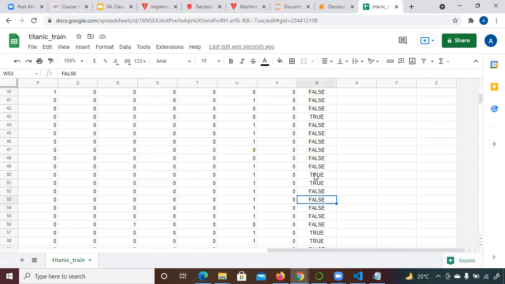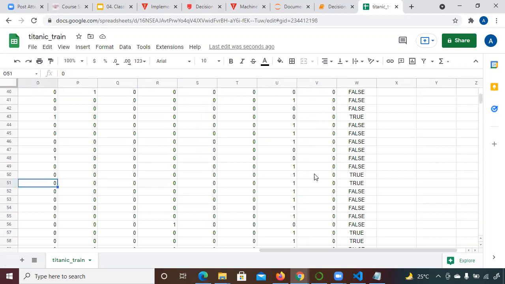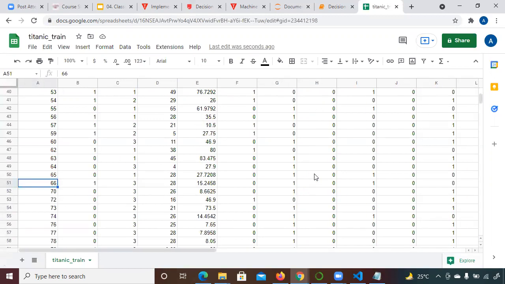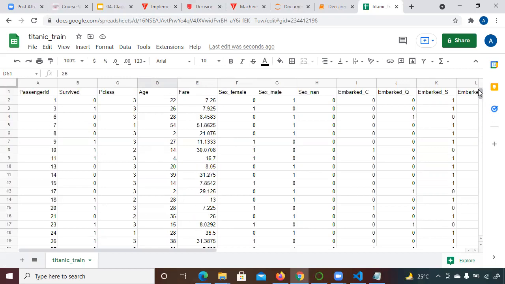If this is true, let me see whether we have a value there. Okay, we have a value there. Okay, one minute. Here we have to make some changes on the data. The age null column is telling you whether you have values in the age column or not. So this is actually the processed data.